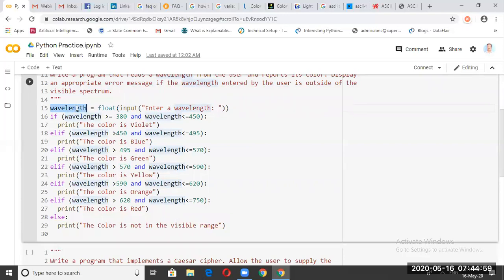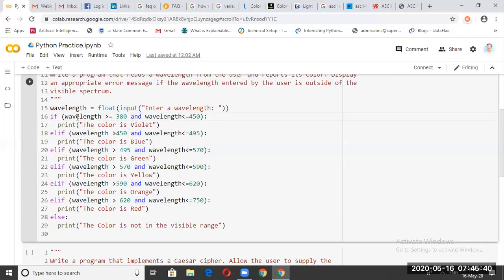And now we are going to take the decision of what color we must display to the user based on what wavelength he has entered. Now there begins the if statement. So if statement in Python starts with if, and there is a bracket always, and there is an and here. And means we are checking in between conditions. So we have used an and operator here. It's a logical operator where both the conditions must be true, and if both the conditions are true, the control will enter inside the if block.